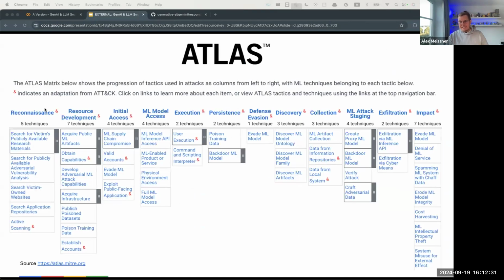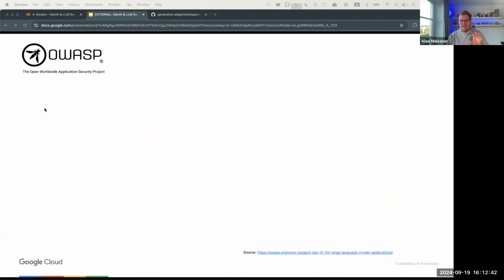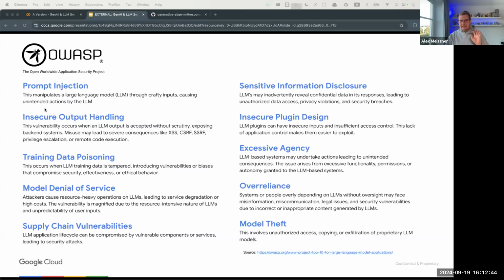We have Atlas. I'm just highlighting all of these frameworks to make you aware that there are frameworks out there, and you should be mapping your application to these frameworks, at least if you are developing. And then lastly, there's OWASP, which can also extensively cover a lot of the issues that we are noticing with a lot of customers when it comes to implementation of applications that